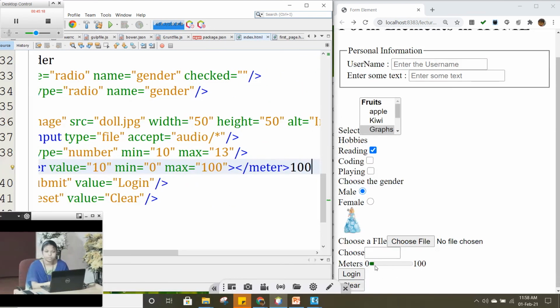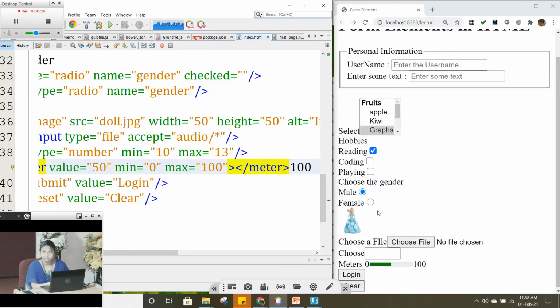So you can say 0 to 100, but the value is 10. We can even increase the value to 50 so that you can see 50% of it is measured.